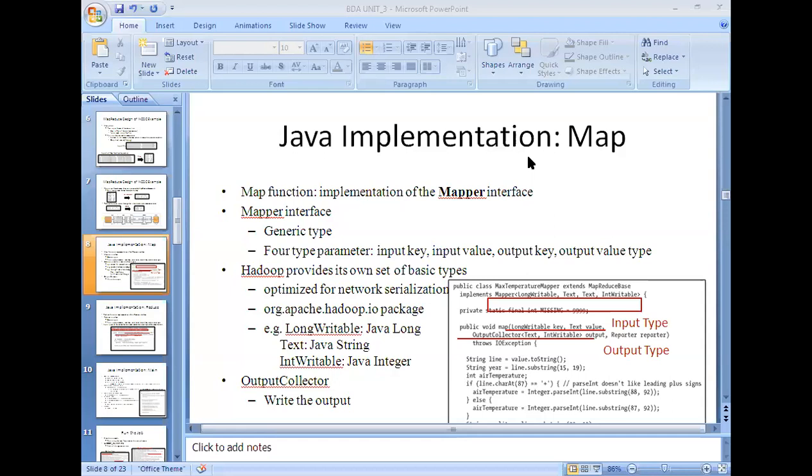See, the Mapper interface is a generic type, and you know the importance and advantages of generic types. They will accept any type as a parameter. Basically, it requires four parameters, as you can observe. So here: LongWritable, comma, Text, comma, IntWritable. LongWritable